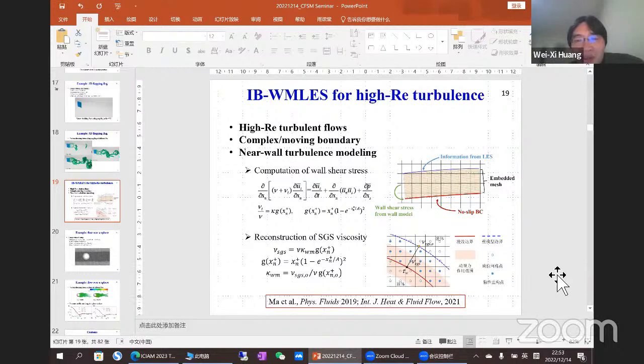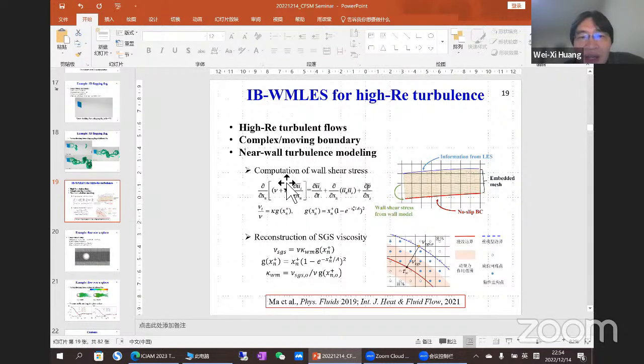Okay, it's a good question. Here we solve the thin boundary layer equation in this kind of wall layer region. But this wall layer region is only refined along the normal direction, so it's like a one-dimensional equation. In this equation we have the eddy viscosity, so we can solve high Reynolds number cases and obtain the correct shear force on the boundary by solving this equation.